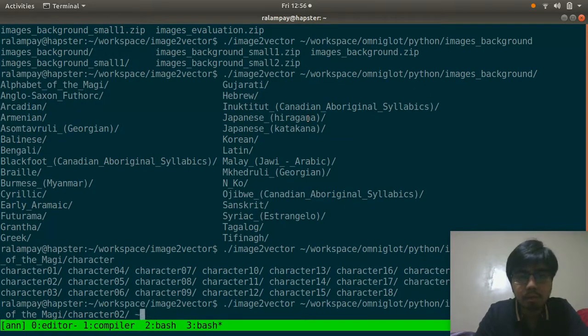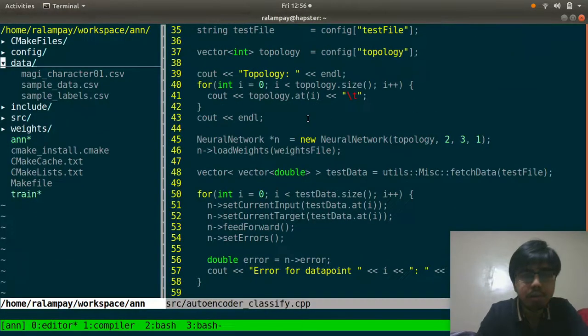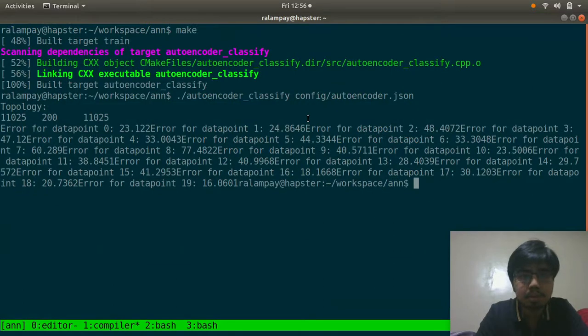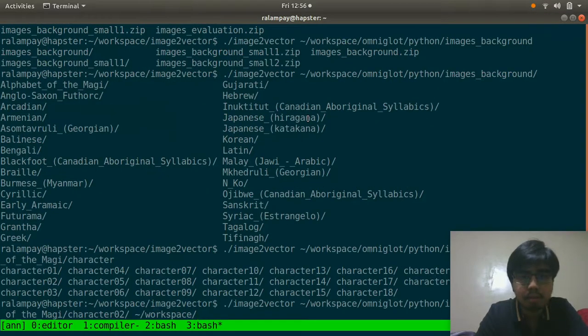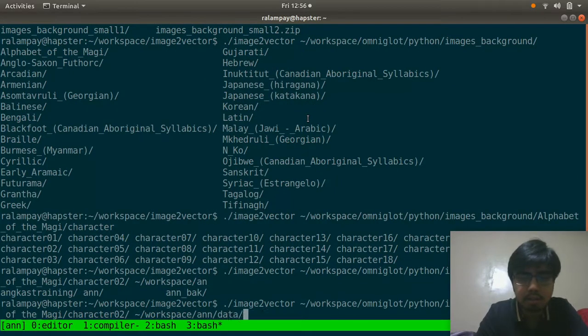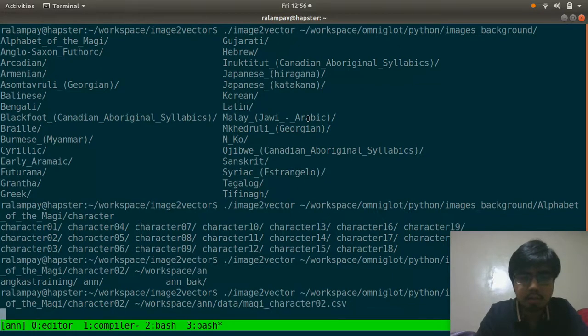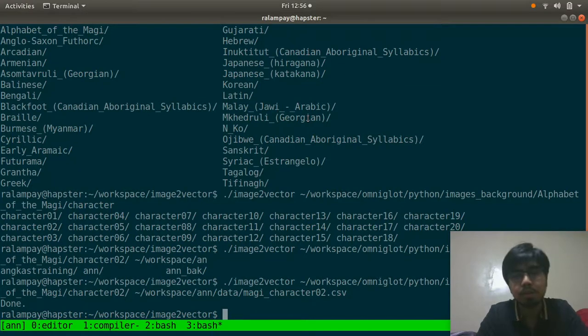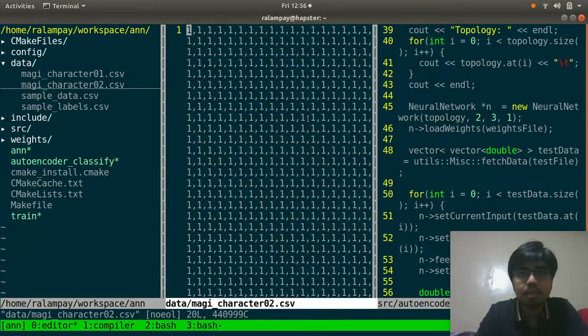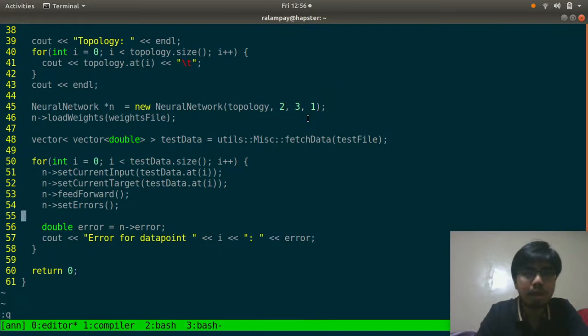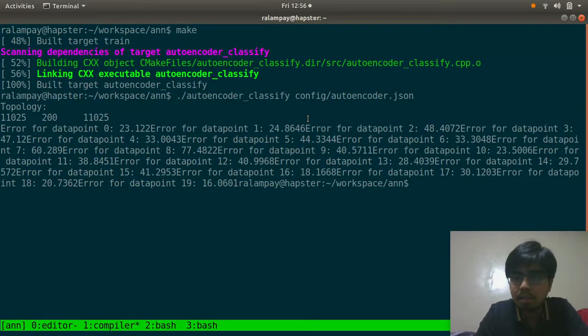So just to maintain consistency, it will be stored in data, character 2.csv. Done. Alright, so we have another data set here which corresponds to character 2,